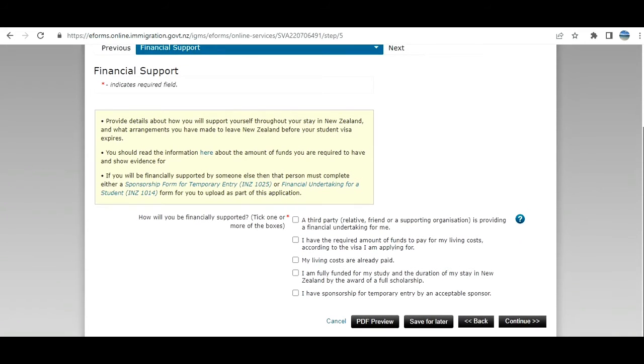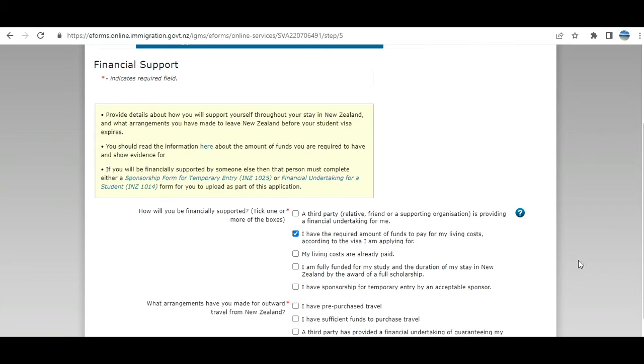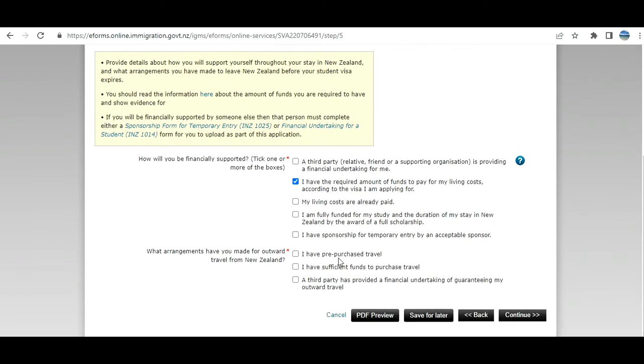Now financial, how will you be financially supported? Third party, relative, friend or support organization. I have required amount of funds. Okay, so now they are asking, I have pre-purchased outward, I have sufficient to purchase ticket. Okay, and I click on continue. Whatever is in your case. At the end they are going to ask you for documents, right? So you need to prove